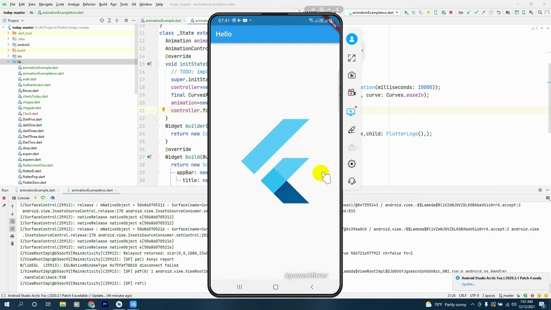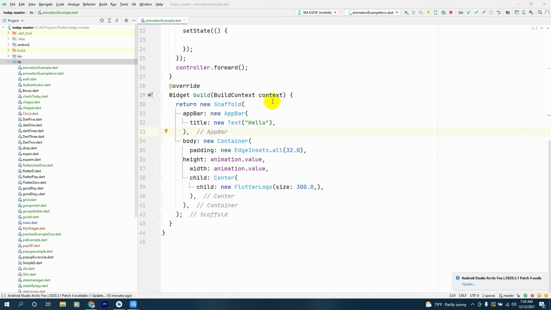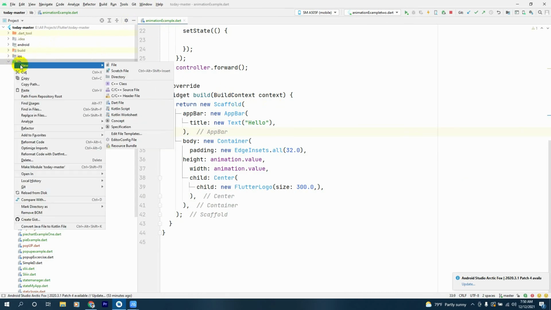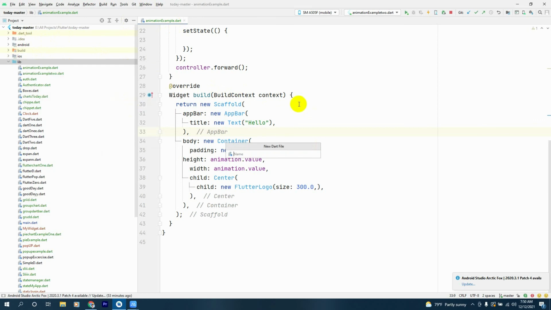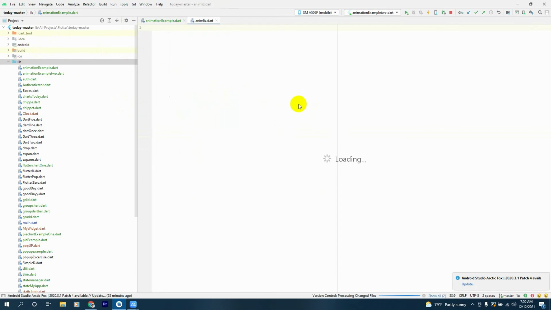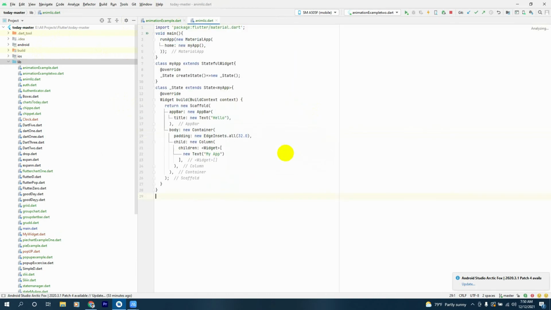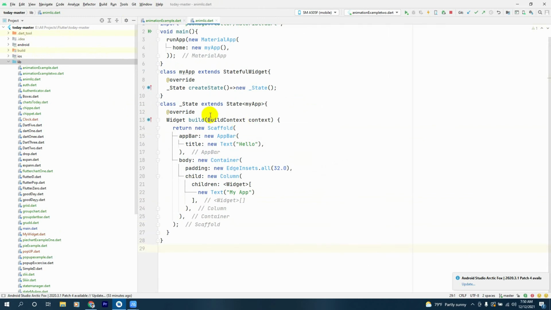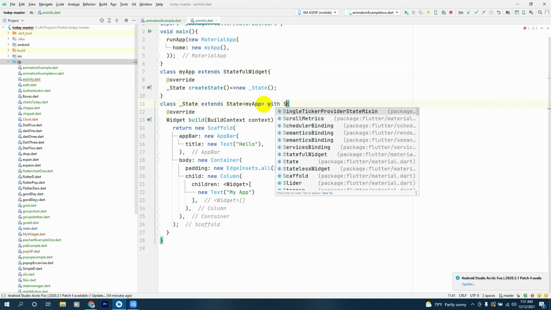Okay, now the next thing, we'll have our animation listener implemented. So we'll have new dot and we'll call this animList, and inside it we'll declare our live template just like that. And now, like before, first thing, let's make this state my app with simple single ticker provider mixin,